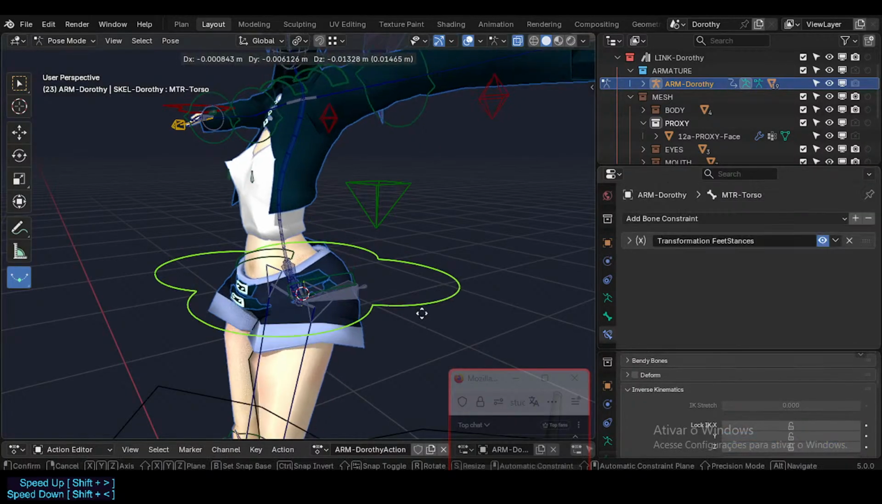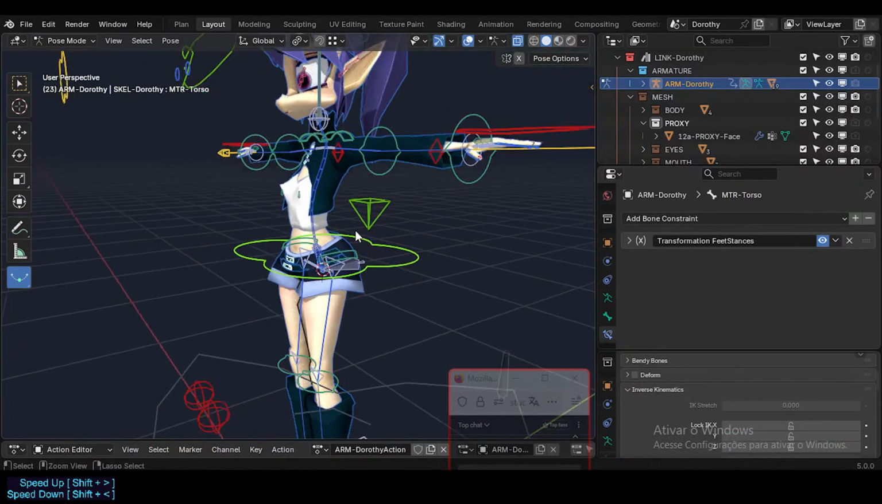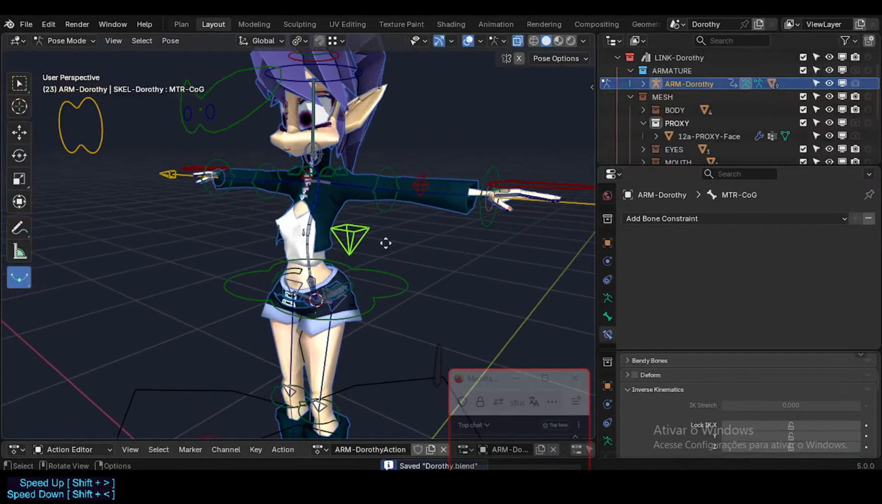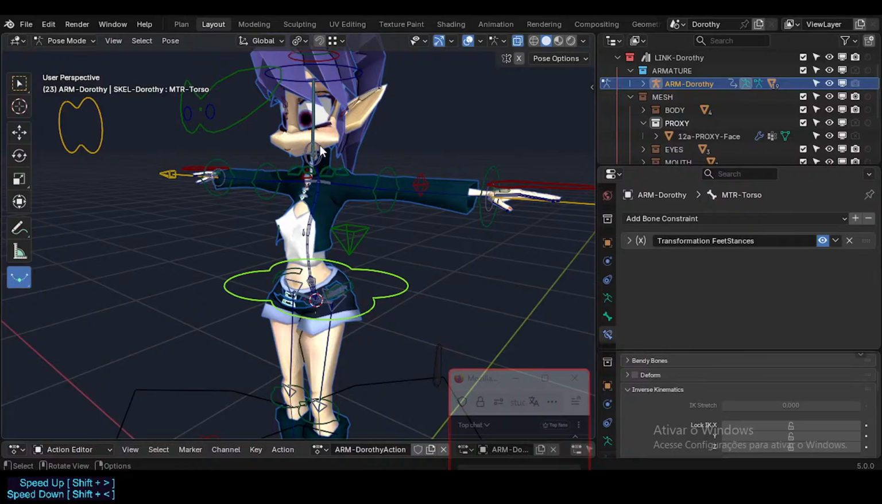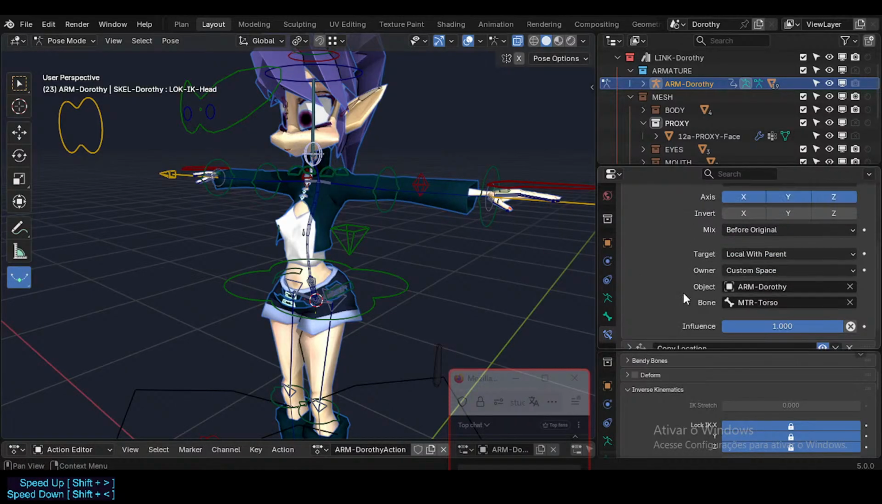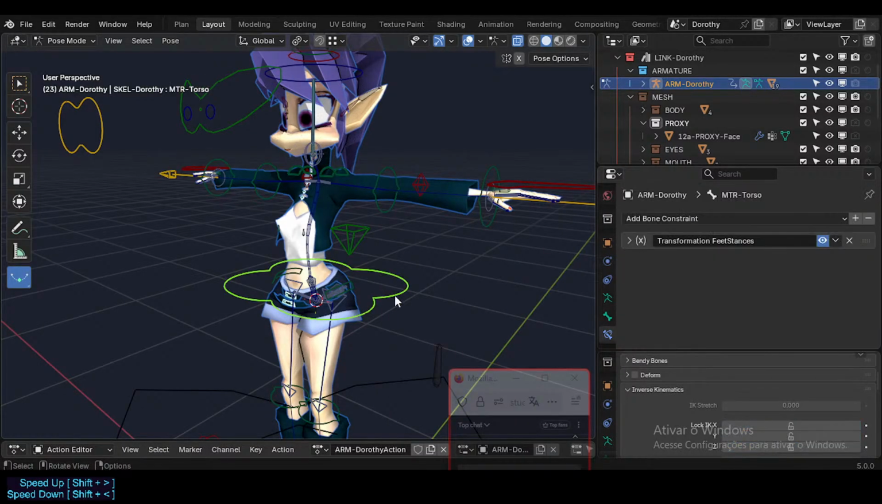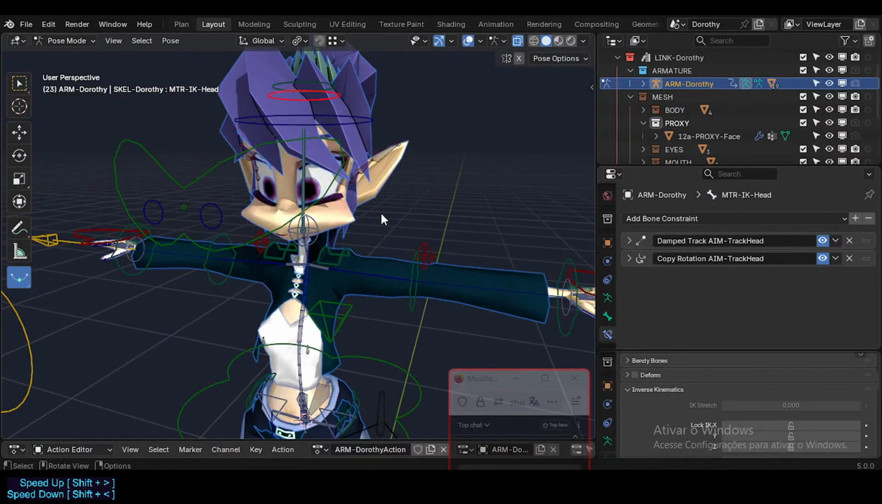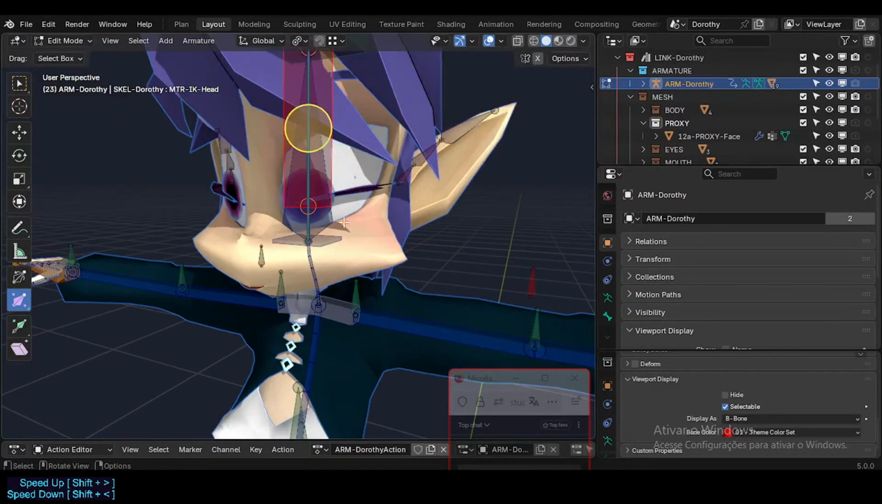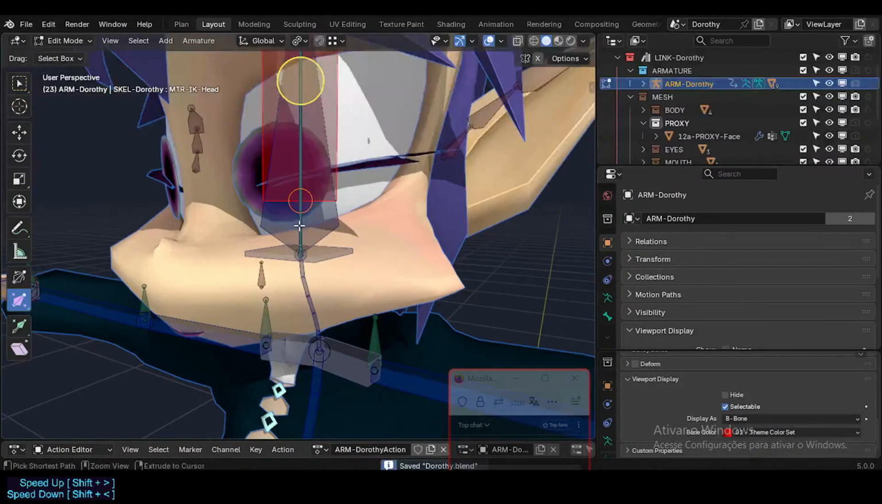It's like this bone lost everything. This one lost the torso thing. What's happening? Oh yeah, I've unparented the head, of course. We need to fix this. I didn't